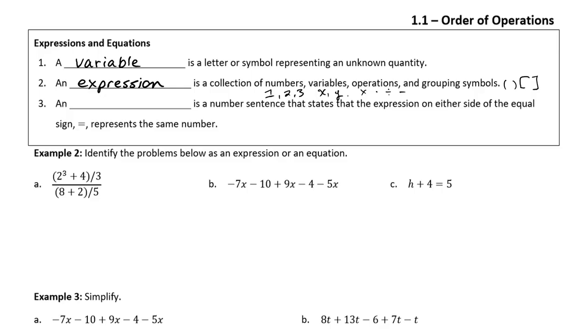But the key thing to an expression is it's just a collection of these items. We're oftentimes asked to simplify an expression, and simplifying means that there's some sort of nicer way of writing it. We can reduce some of these operations, maybe get rid of some of these grouping symbols to get something more useful, you might say. The third definition, we're going to say an equation